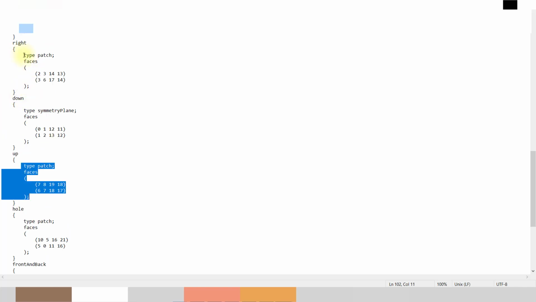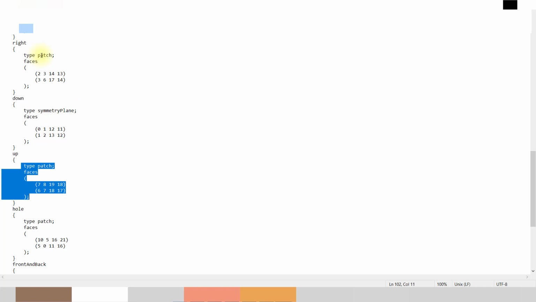Here you can see that type is equal to patch. Patch means you can give any load and so on. And symmetry plane means you can apply the symmetric axis. So in this way you can apply a symmetric plane, or you can apply patches.